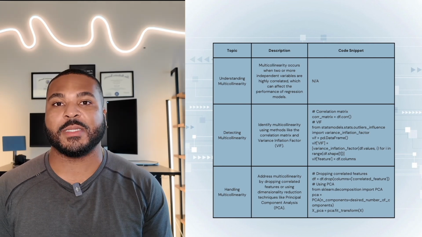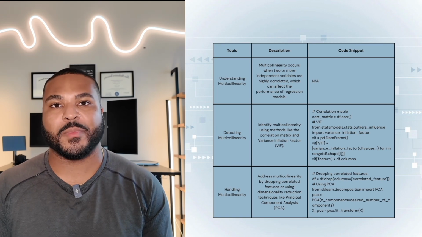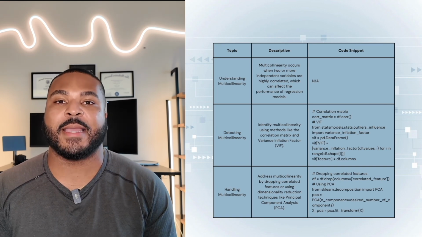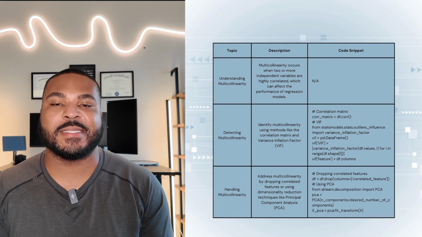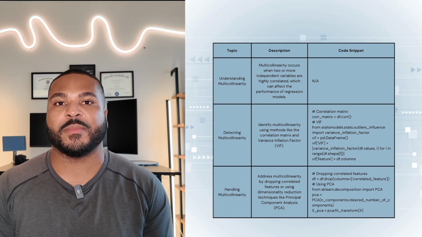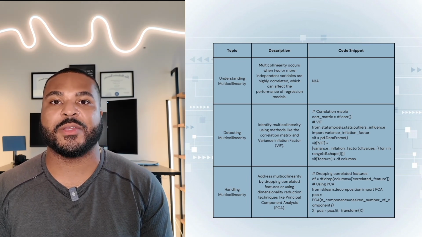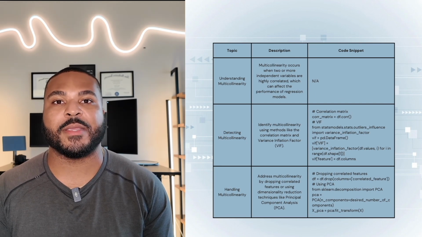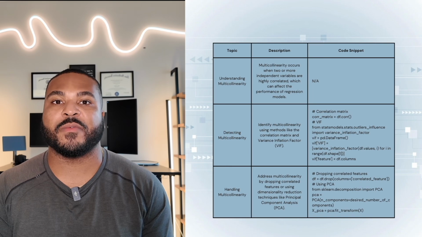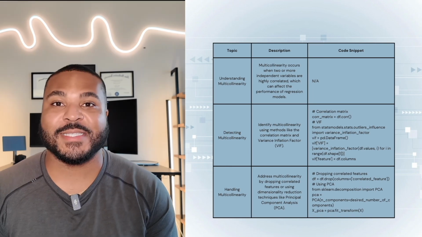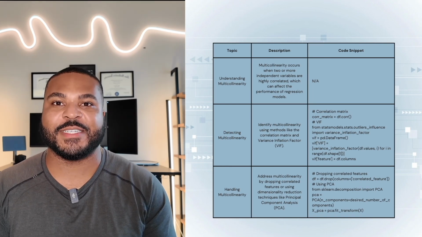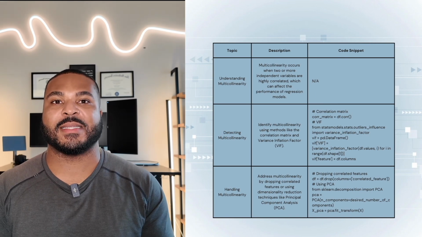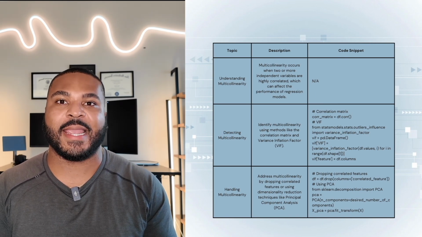Shown on the code snippet, you remove the correlated_feature column from the data frame, helping to reduce multicollinearity. The next option is using PCA, or principal component analysis. And this is a dimensionality reduction technique that'll transform the features into a set of linearly uncorrelated components. And this helps reduce multicollinearity while retaining most of the original variability in the data. So this code applies PCA to the feature matrix X, reducing it to the specified number of components